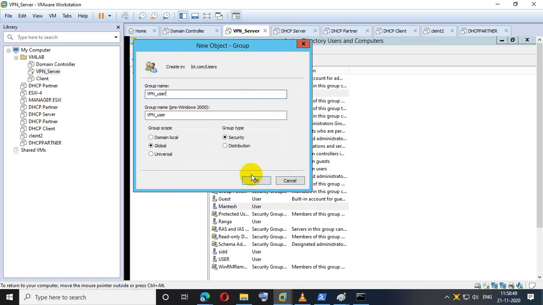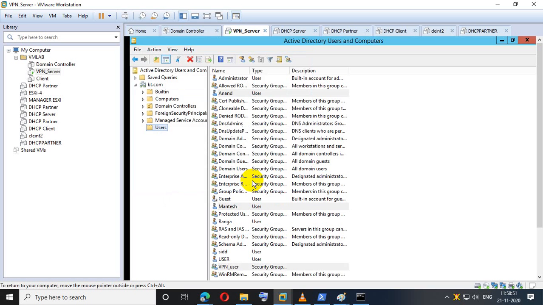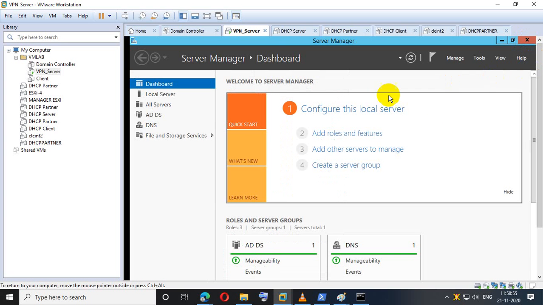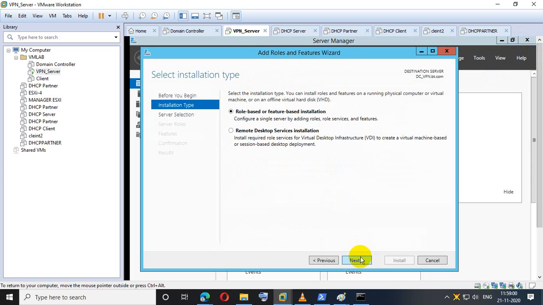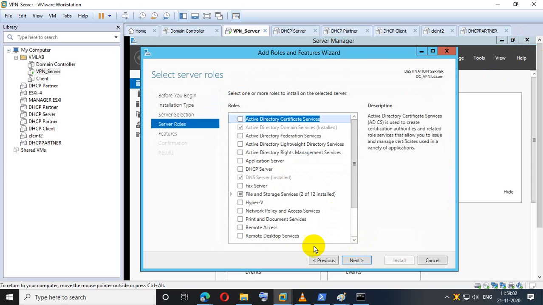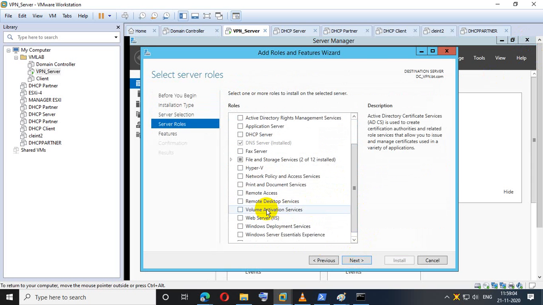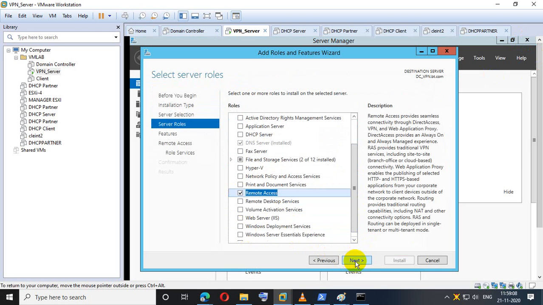Underscore users, universal groups. Fine. Okay, so now what we do, we'll just go to add roles and features. From there I'll just configure DirectAccess or remote access, whatever you need.